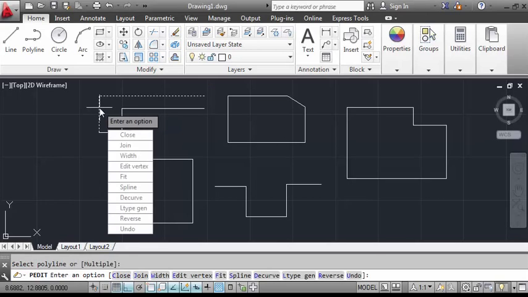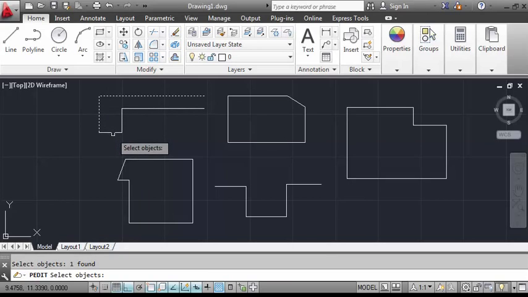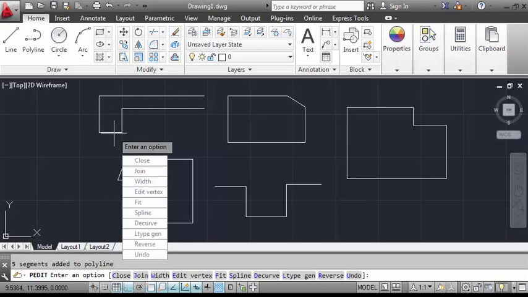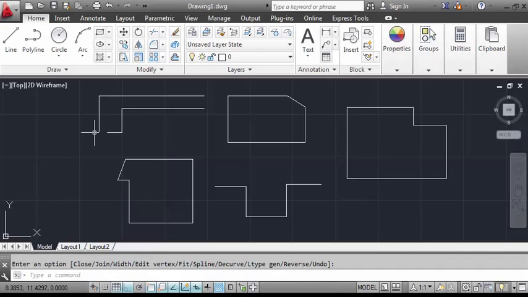Just click the polyline, then click join, then select objects you want to join, this one and this one, then click join, enter, sorry, then click enter again, and see, they are now joined together.